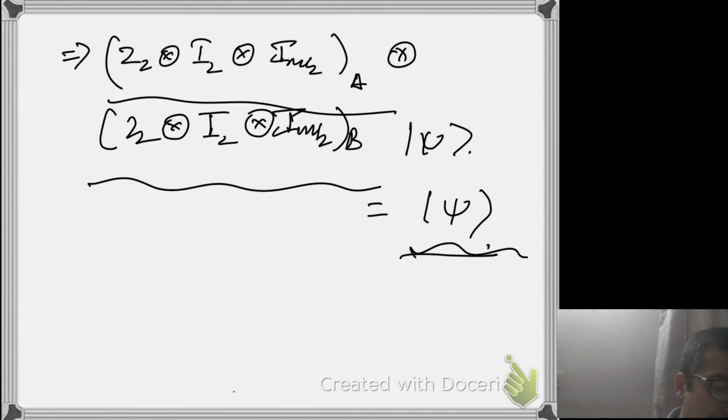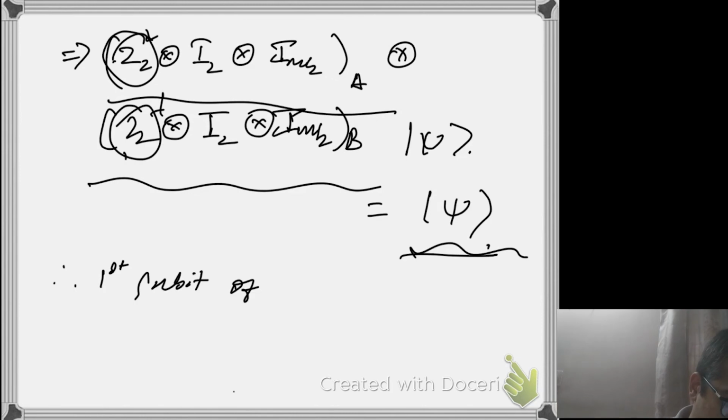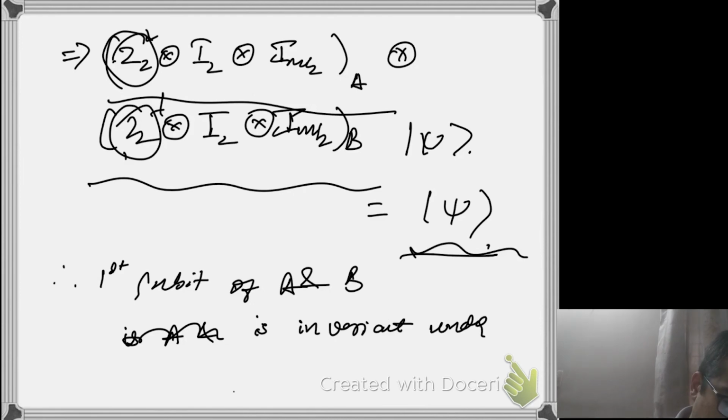So it's invariant under Z acting on basically the first qubit of Alice and the first qubit of Bob. So therefore the first qubit of Alice and Bob is invariant under Z Alice Z Bob, and